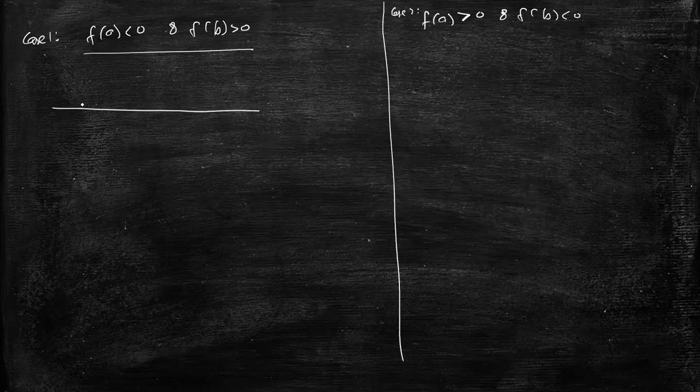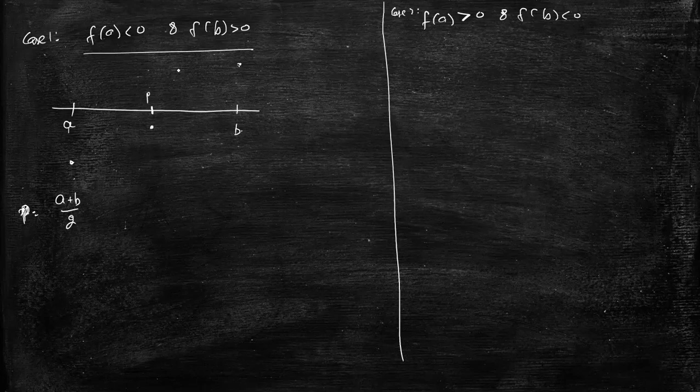So we have here value of A, we have here value of B, FA is less than 0 and FB is greater than 0. So we will go to the midpoint of A and B. Midpoint of A and B is given by A plus B by 2. Let us say this is P. P denotes midpoint of A and B. And if our function value is less than 0 at P, then we can be 100% sure that our root will lie between P and B. There can be a root between A and P, such that suppose we have the following case, but our bisection method will not detect that. What we will do, we will just compare this value with this value and this value,